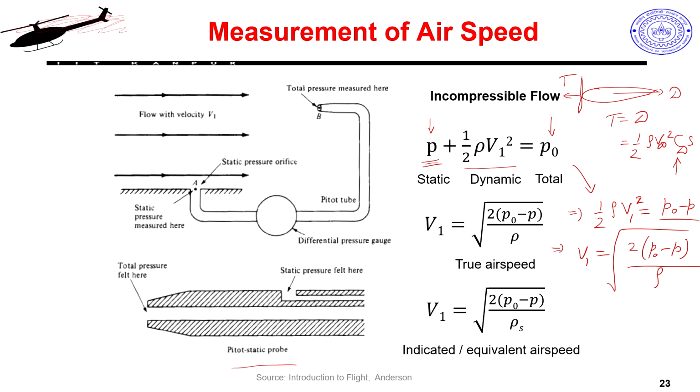Note that this is not my ground speed of the UAV, it is the air speed of the UAV, and for a fixed wing aerial vehicle air speed is very important. It is important for rotary wings also. Why, that will come later, but it is important. Actually every UAV must have a pressure sensor or this pitot tube, even a rotary UAV should have this. Otherwise you will end up pushing it into a domain where it will be trying to fly in extremely high wind condition, maybe a headwind, and it may end up saturating its actuators, which can result in crashes. So, it is better to understand this.